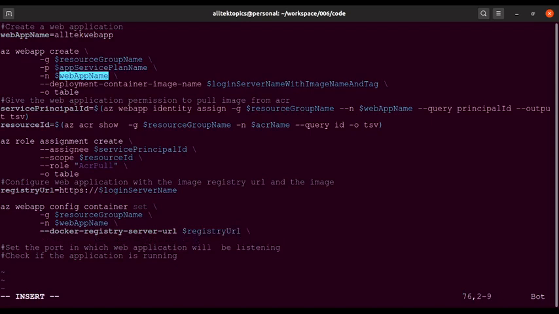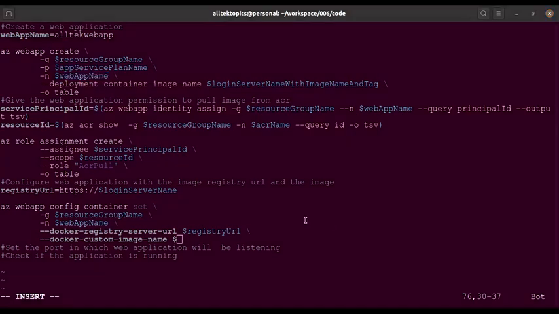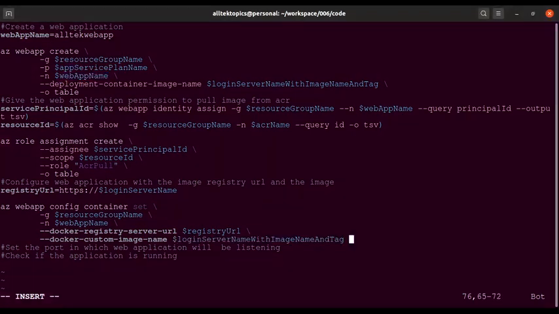Then we will use docker-custom-image-name, which is basically the image that needs to be pulled. So this will be the variable which we already defined. And then we'll use the -o parameter to define the format in which we would like to see the output